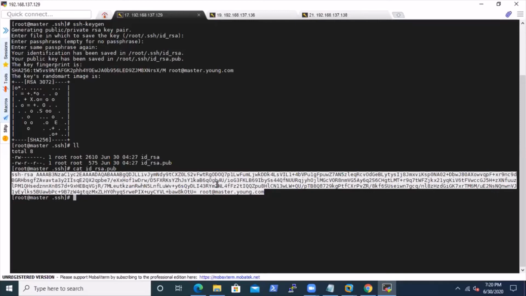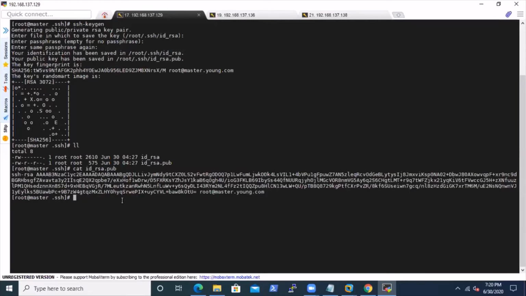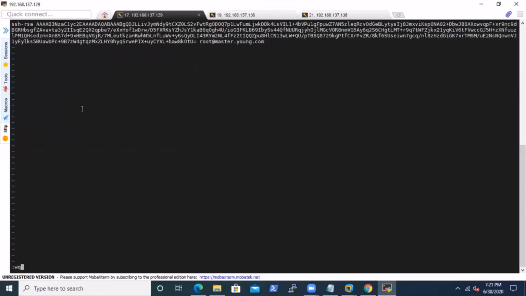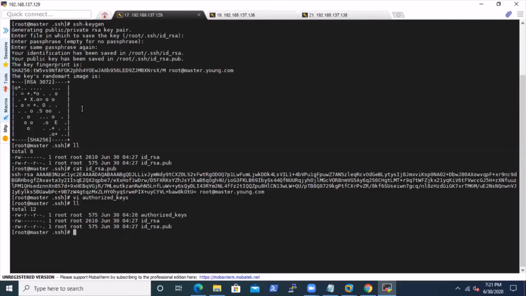Create a file with vi authorized_keys. This will help us authenticate and do an auto login using the fingerprint. You have to do this on the master as well. Now paste it and save. Okay, this is done.